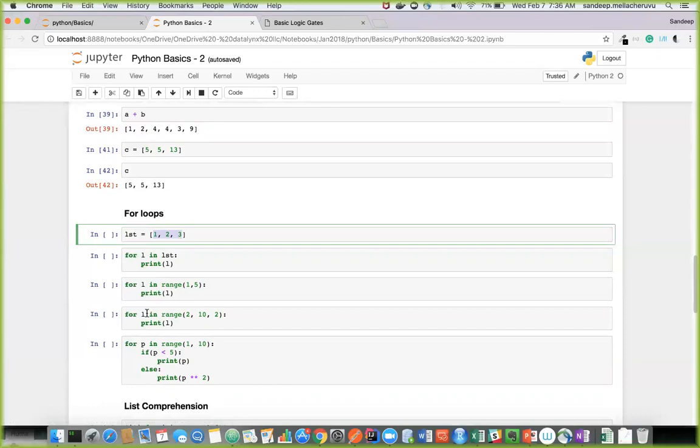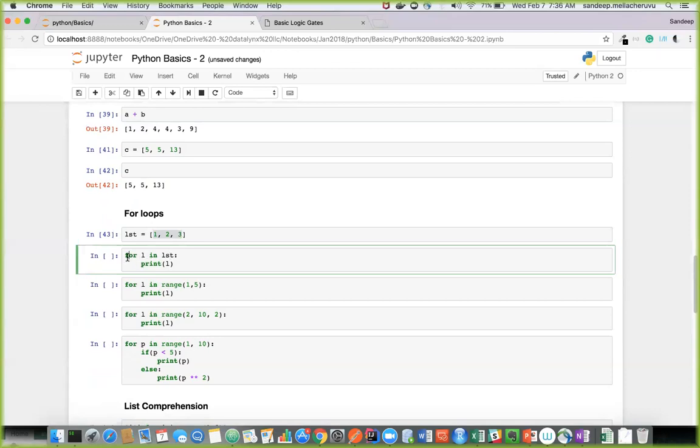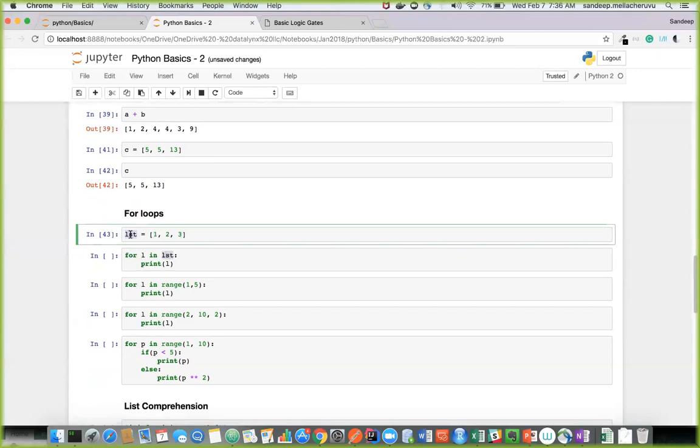So how to do that? I'm creating a list called 1, 2, 3, a very simple list, and then for every list element I want to print. I want to print all the elements of the list. I can do that in a for loop. I'm saying for L in LST. LST is my list itself, and what it means here is every element in the list will be assigned to this L